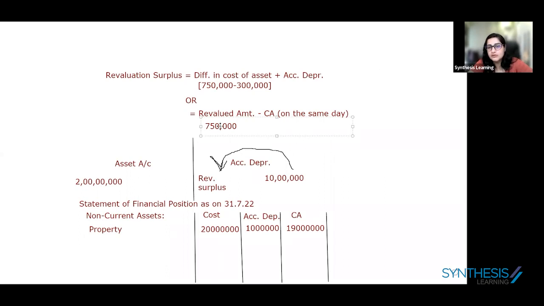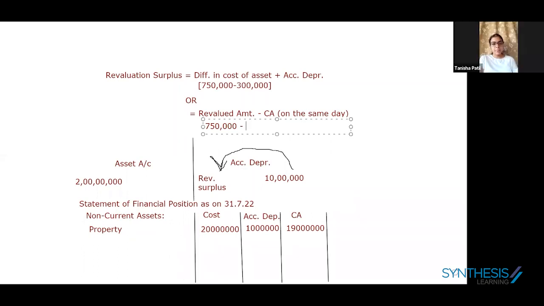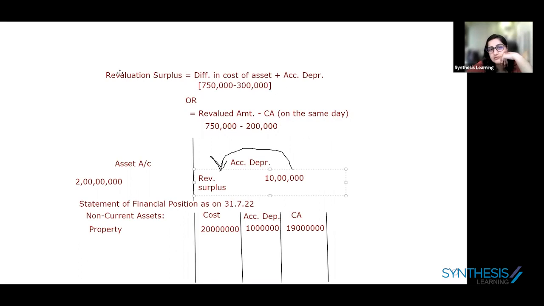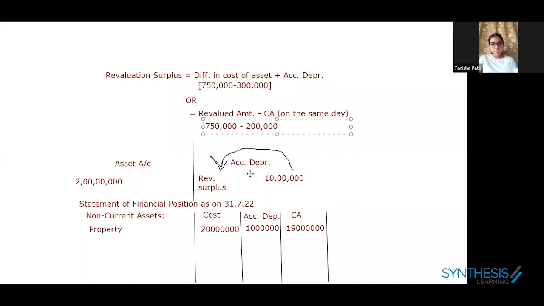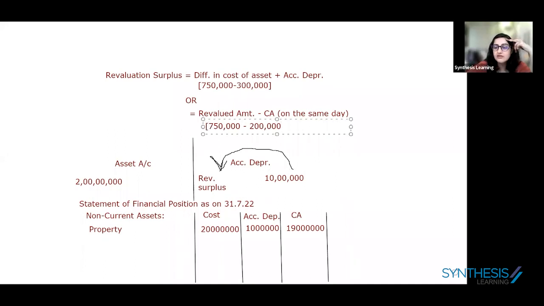तनीषा, व्हाट वाज द कैरिंग अमाउंट ऑन दैट डे? एसेट कितने में था बुक्स पे, कॉस्ट कितना था एसेट का? It was 3 lakh। 3 lakhs। वो 3 लाख पे अभी तक डेप्रिसिएशन कितना चार्ज हो गया था? 1 lakh। So 1 lakh। So carrying amount was 2 lakh। 750 minus 2 lakh कितना आएगा? 550,000। 550 ना, yes। ऊपर भी तो 550 आ रहा है आंसर, नीचे भी 550 आ रहा है, तो ये सेकंड वे हुआ ना ऑफ कैलकुलेटिंग इट।